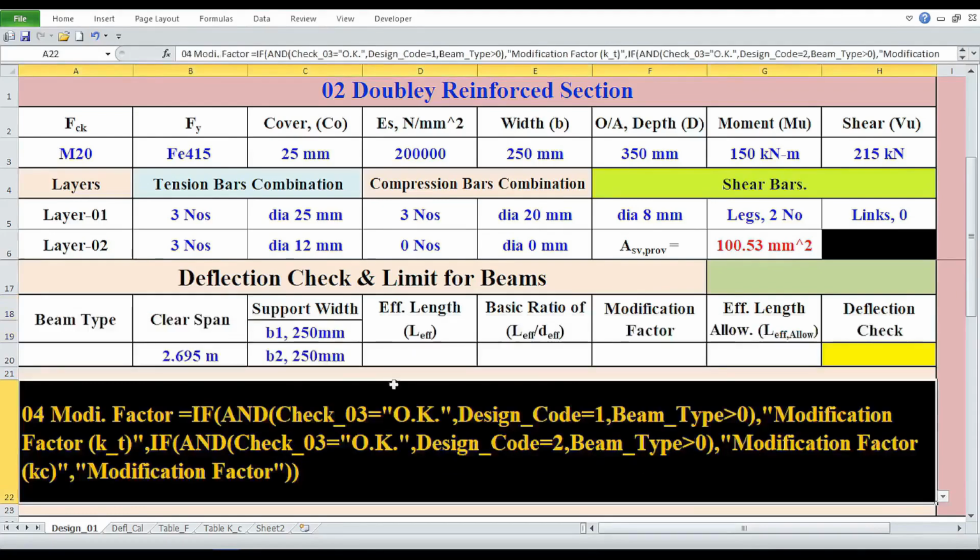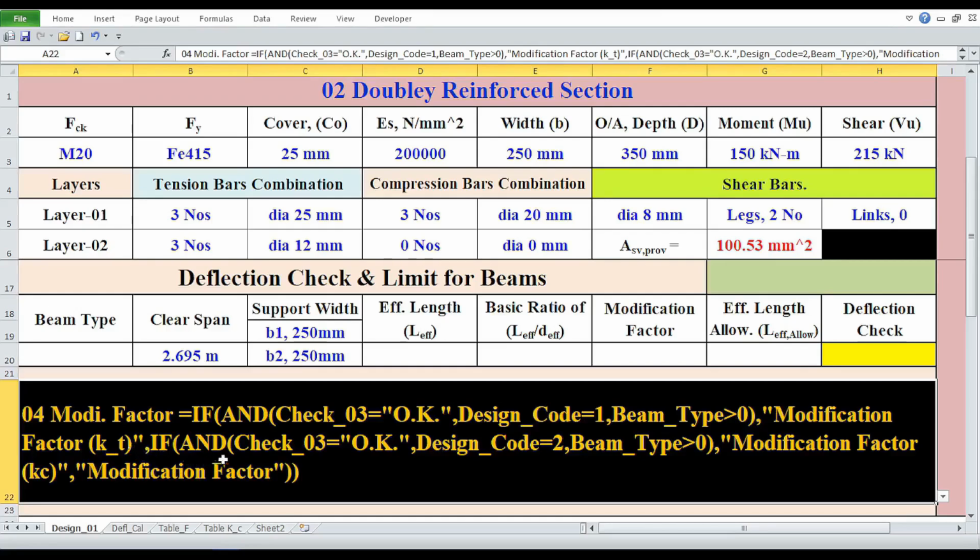The formula for the heading of modification factor is equals to IF, open parenthesis, IF, AND, open parenthesis, check_03 equals to "OK", comma, design_code equals to 1, comma, beam_type greater than 0, close parenthesis for AND function, comma, within quotation, "modification factor, k_t", comma, IF, open parenthesis